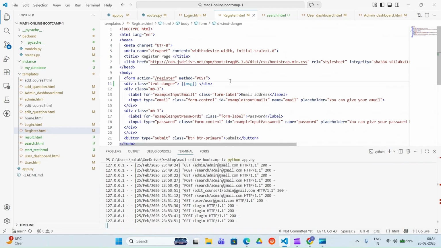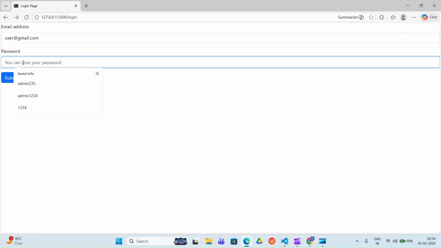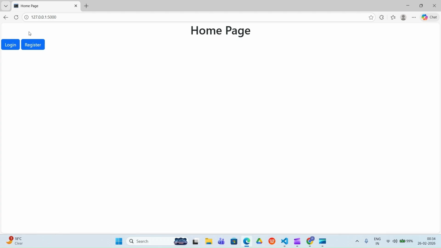Okay, now let's go back to the dashboard. Firstly, let's come to the user dashboard and click submit. We are back at the user dashboard, and here you can see two links are given. One is the home link, which will render here only, and when you click on it you go back to the home page.